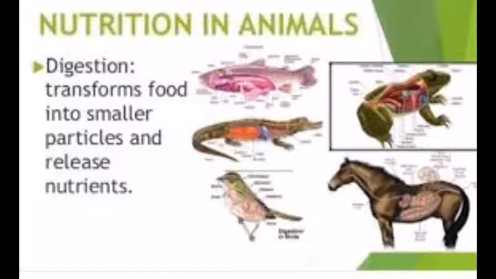Bile, I'm telling you again, is produced in the liver, stored in the gallbladder, and through the bile duct it comes to the duodenum and emulsifies the fats. It makes it easier for the lipase. You have seen that from the beginning, mouth, esophagus, stomach, fat digestion starts in the duodenum. When the emulsification occurs, it becomes very easy for the lipase enzyme to break down the fat to